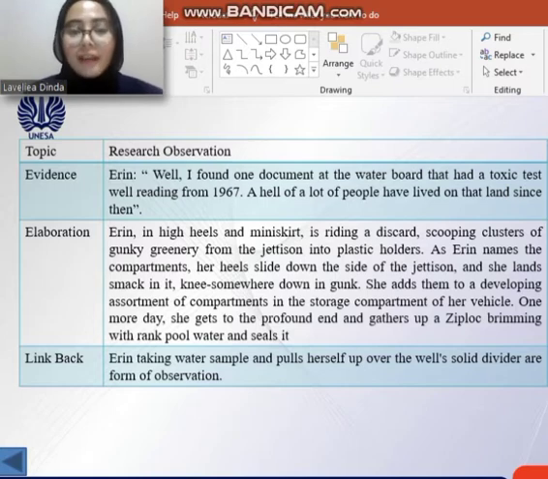The evidence that I found here is from Erin's statement, where she found one document at the water board. The other person said that since Pacific Gas doesn't find valid data, he asked Erin to find the valid one by observing the PG&E station. She takes water samples and puts herself over the wells. Next,